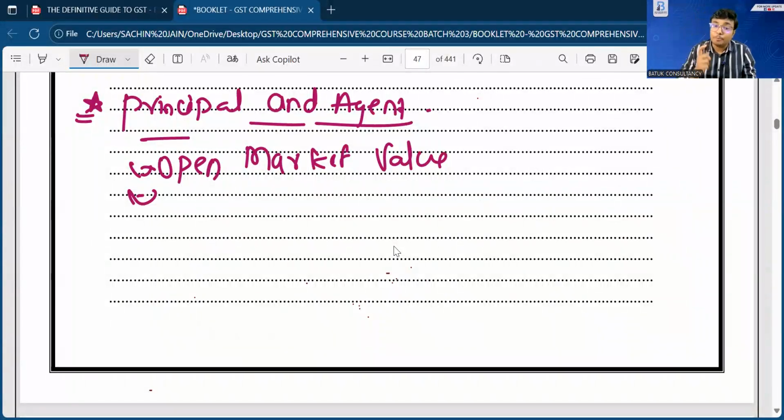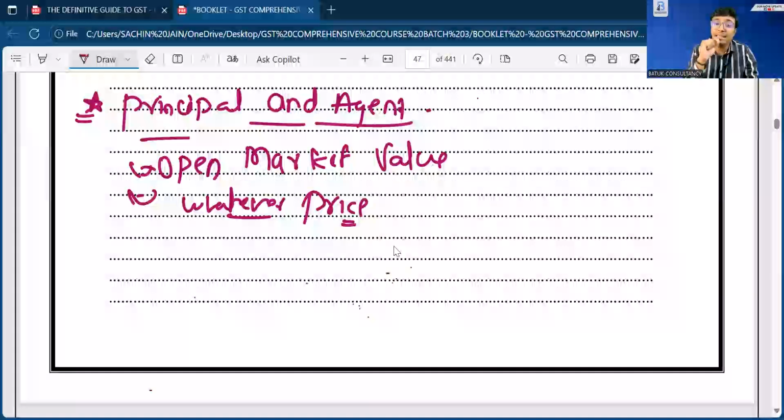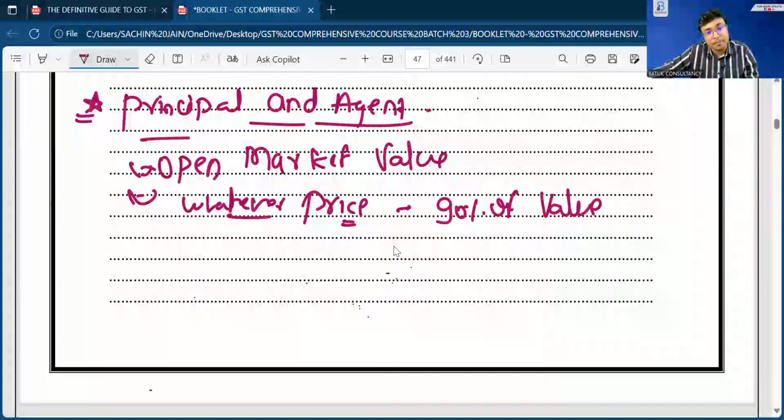Okay, so government is saying whatever price which has been charged by the agent in the domestic market for the goods, for principal you can take the value of supply as 90% of the value